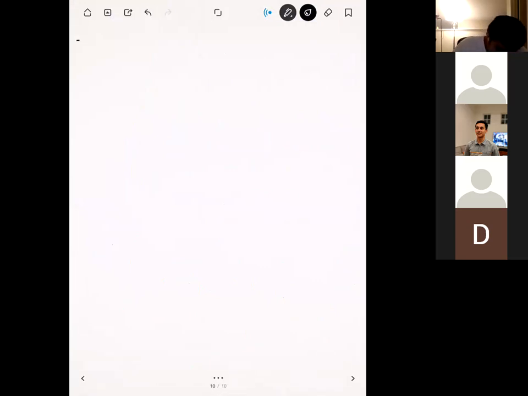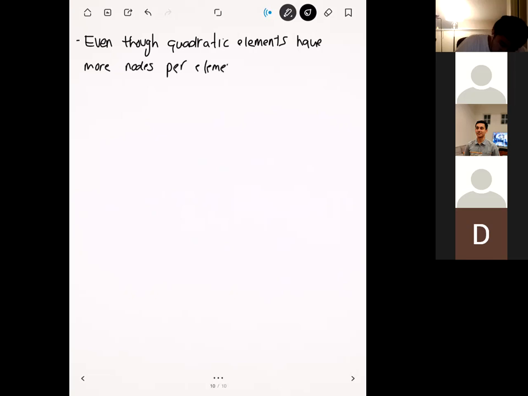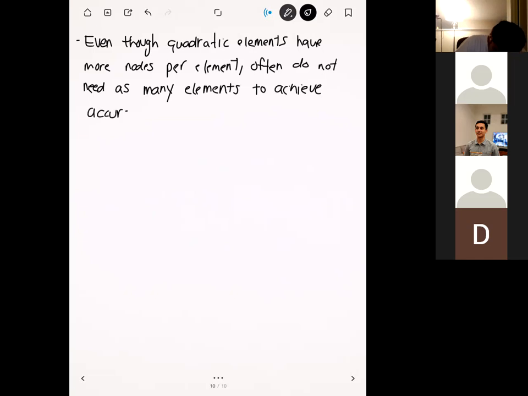So even though quadratic elements have more